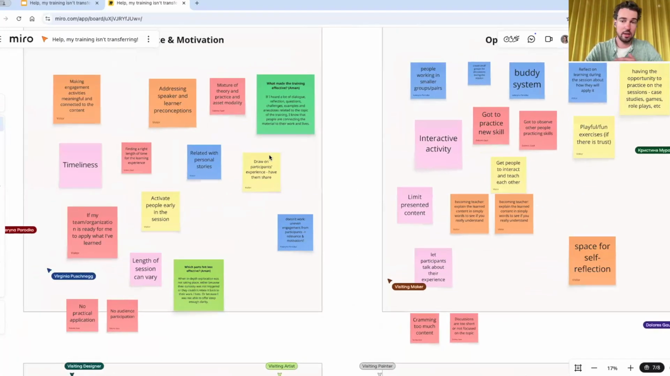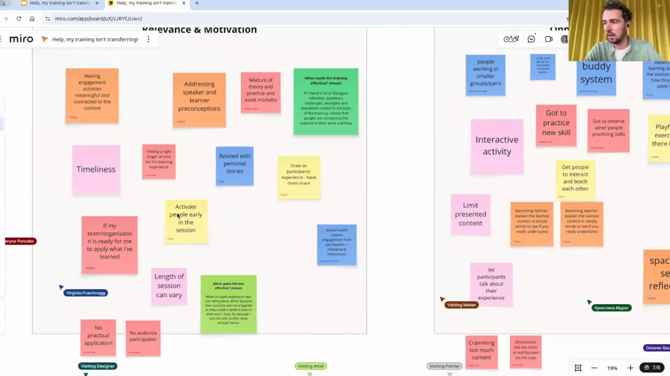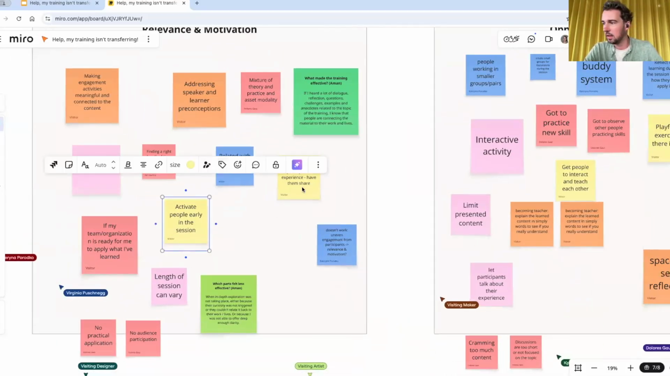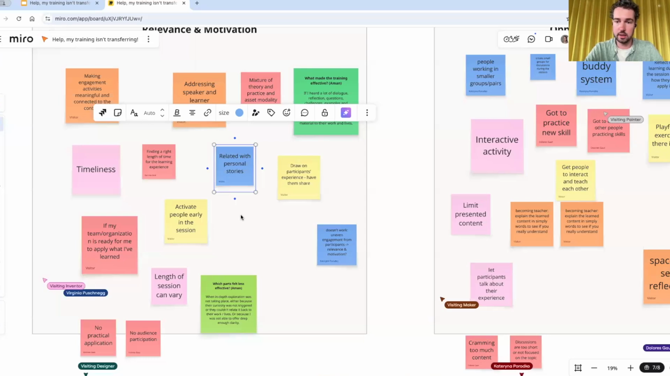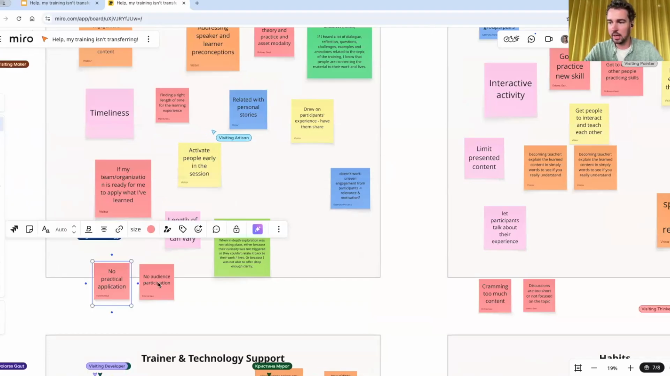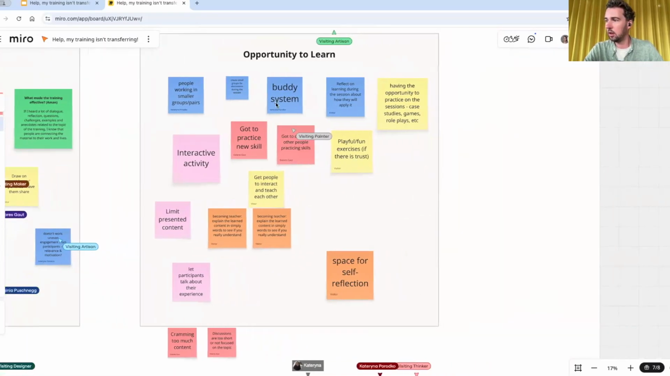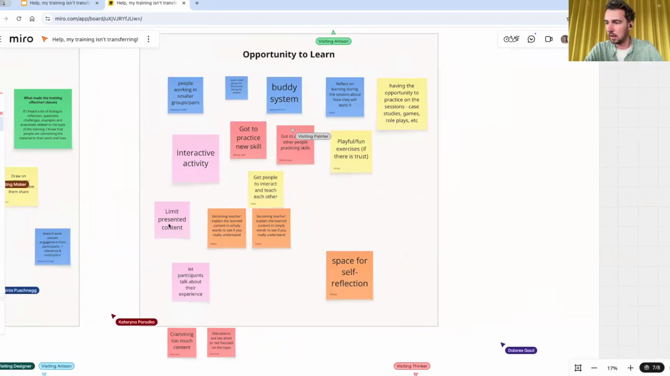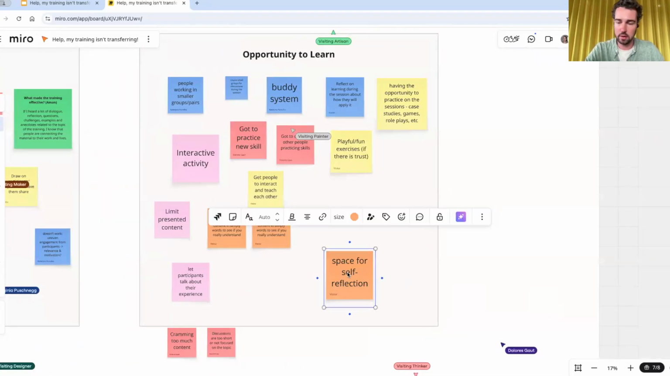And also looking at all the different things in the specific Miro board. So activate people early in the session, draw on participants' experience and have them share, related with personal stories. Very important for the relevance. But if you look at why is it ineffective? No practical application, no audience participation. Looking at opportunity to learn, a buddy system, limit presented content, let participants talk about their experience, space for self-reflection,